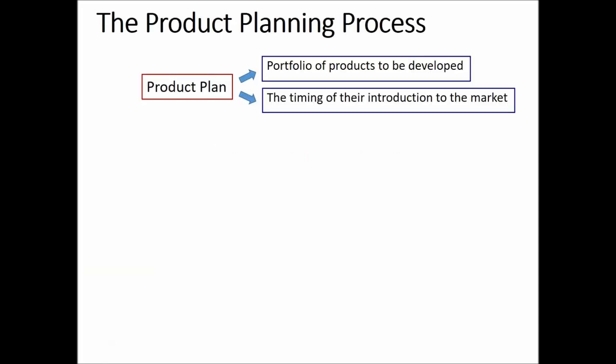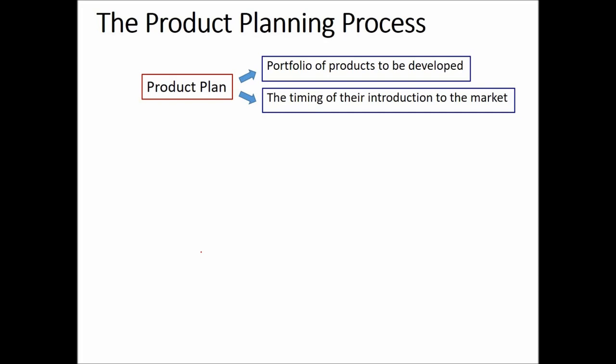Okay, so let's look at the product planning process. That is the initial phase, so the phase 0 of the product development process. So the product plan basically has two main pieces of information. One thing is the portfolio of the product to be developed, so that is the details of the products to be developed, and then the timing at which you're going to introduce this product to